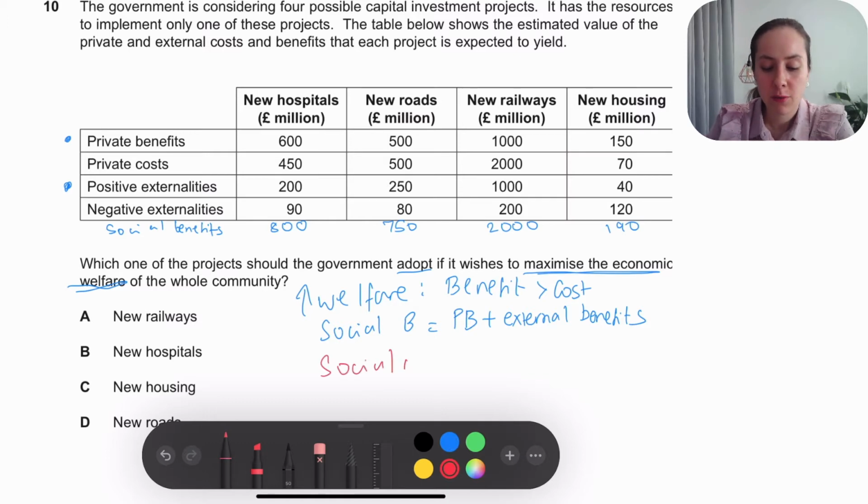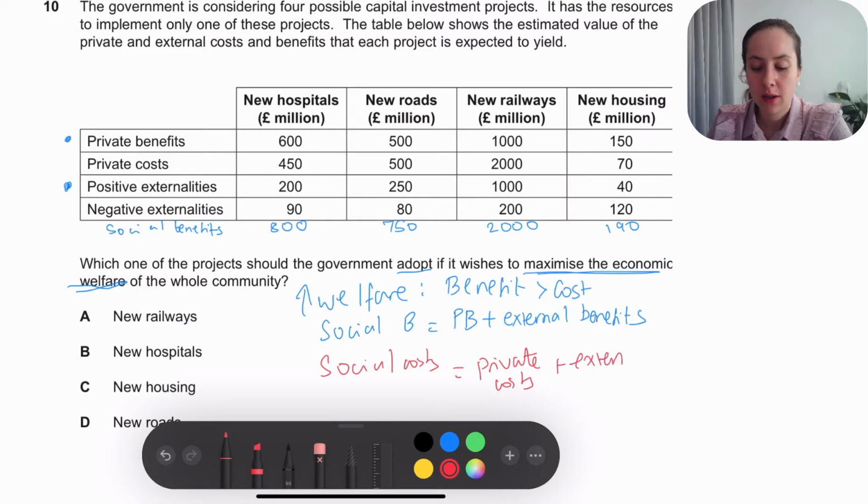At the same time, you want to look at the social costs. So you would do the same principle. Add up all the costs to produce for the firm that's faced. So add up all the private costs. And again, all the external costs. All the external costs would be something like the negative externalities. So let's add up these 2 rows here to get 540